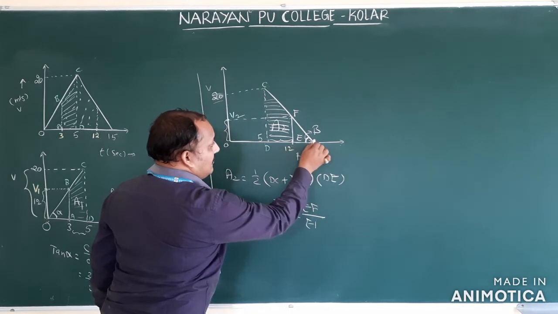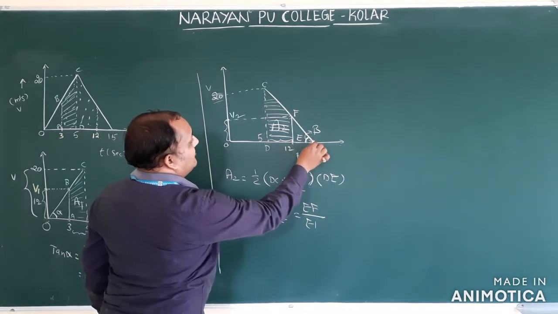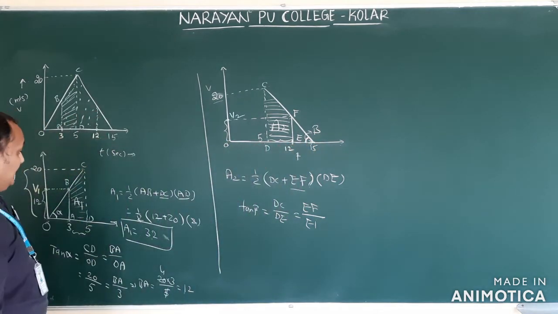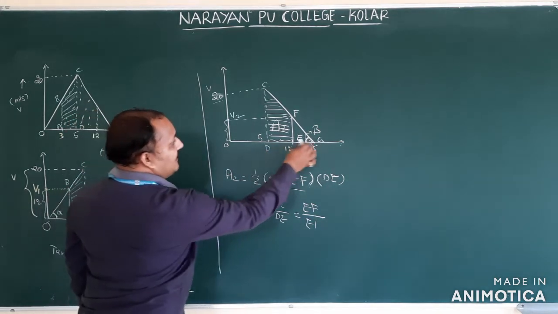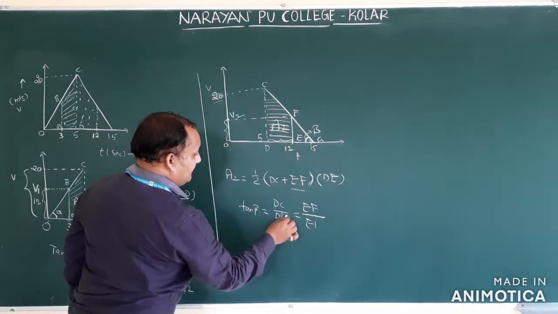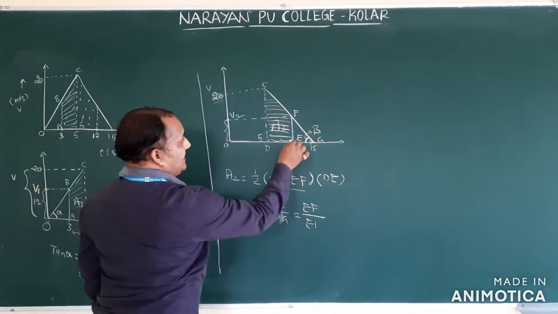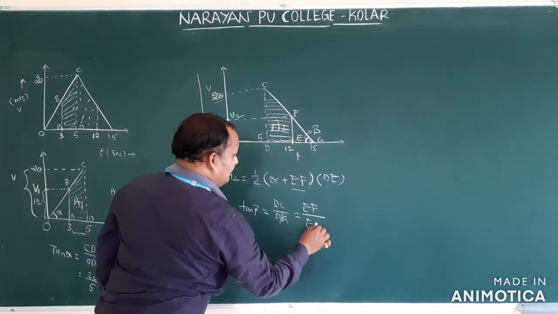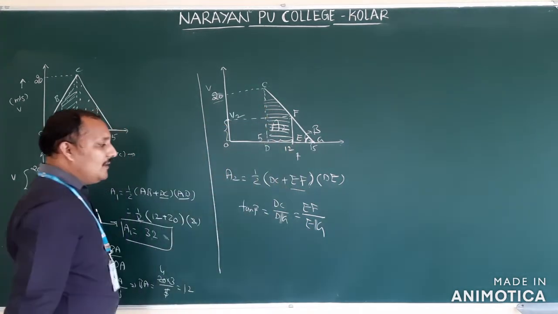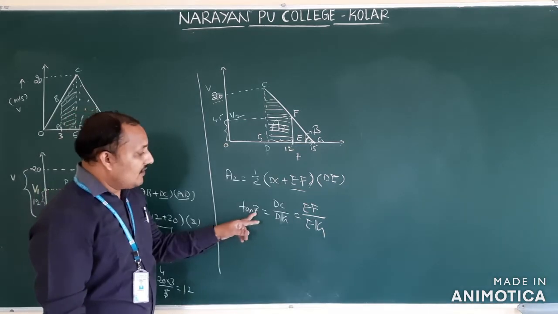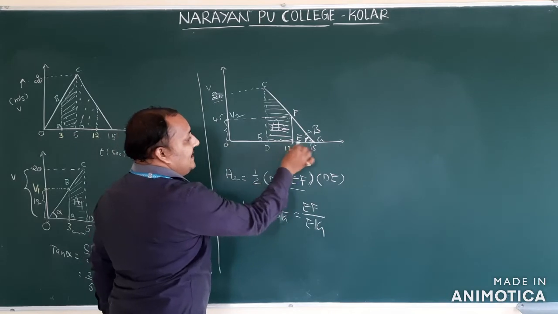E. What is this point we assume? This point we assume as E, and for EF we can assume G. Understood? Then this will become DC, not DE: DC by DG, next EF by EG. Okay, this is the triangle. Now we got tan beta is equal to DC divided by DG.